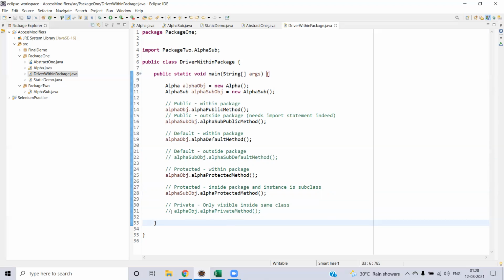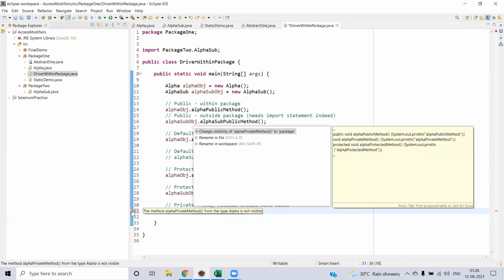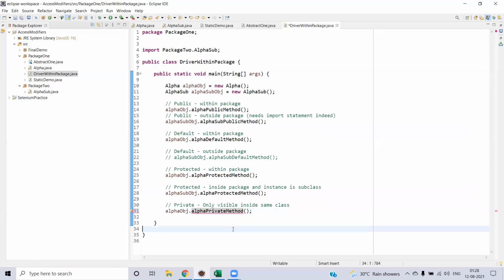And private. Obviously, you cannot access anything that is private from outside the class. Here you can see the suggestion: change visibility of alpha private method to package. Package means if you don't mention anything, it will be at the package level. We don't want that because we want to check private.